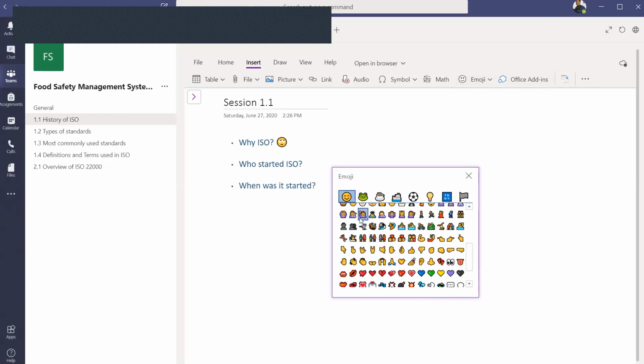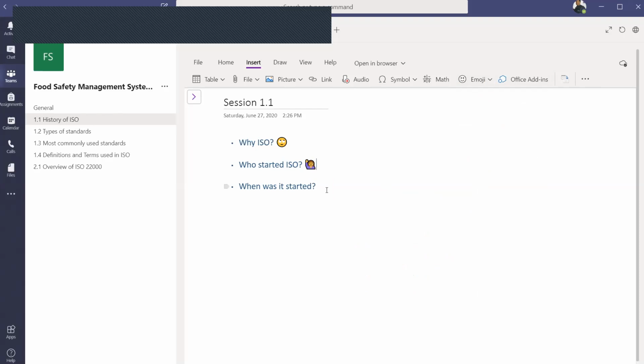I'll put one icon here. Similarly, you can do a lot of editing on text over here. You can have different pointers placed where students can focus or give attention when they are not in a session. This will be there with them always.